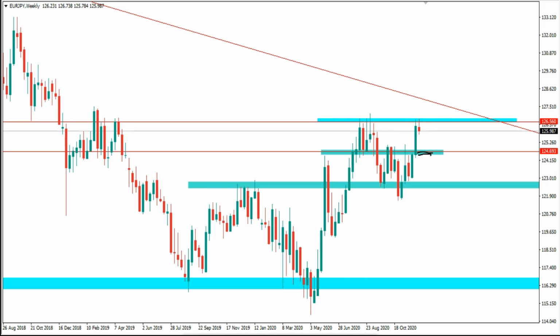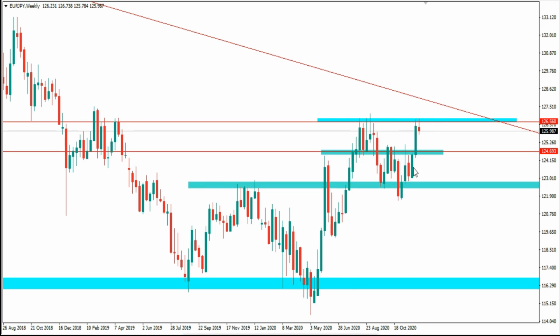But now from the weekly time frame, we have resistance, we have rejection of this resistance. So with the rejection of this resistance, we can start looking for short trades to this support over the next few days or weeks, as the case may be. So from the weekly time frame, we expect to see the price make it to support at this point first